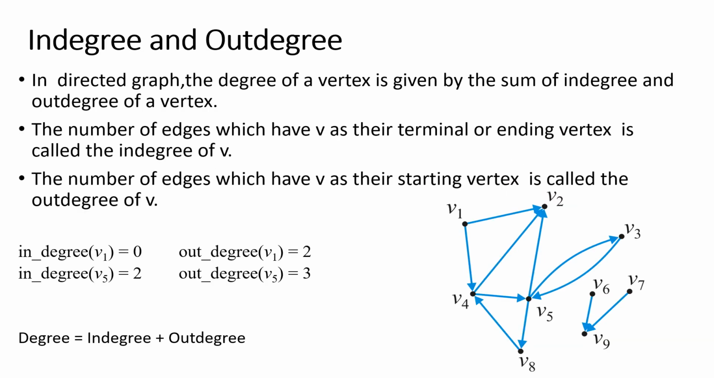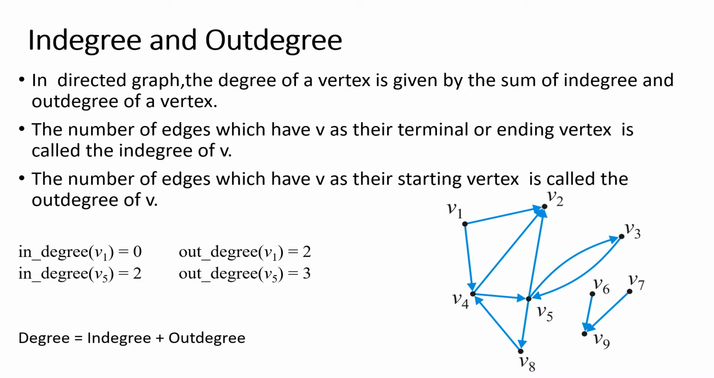In case of a directed graph, degree of a vertex is given by the sum of the in degree and out degree of that particular vertex. Number of edges which has V as their terminal or ending vertex is called the in degree of a vertex V. Number of edges which have V as their starting vertex is called the out degree of V. Suppose in the given example,